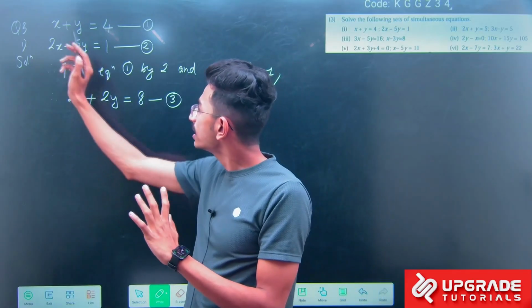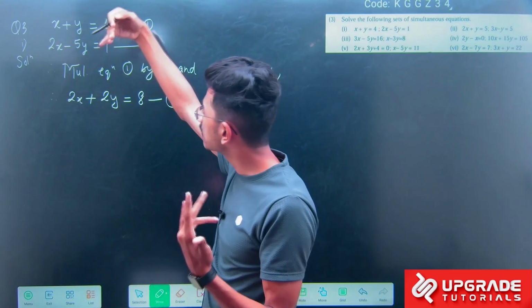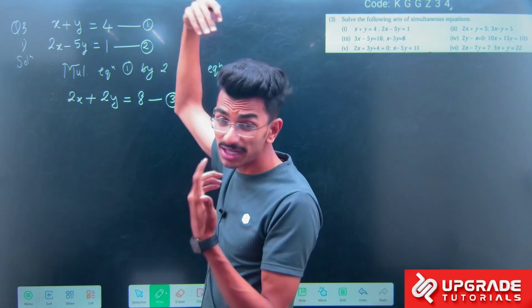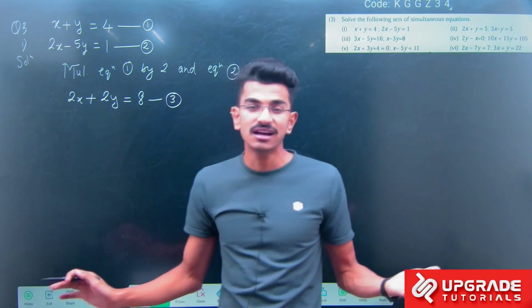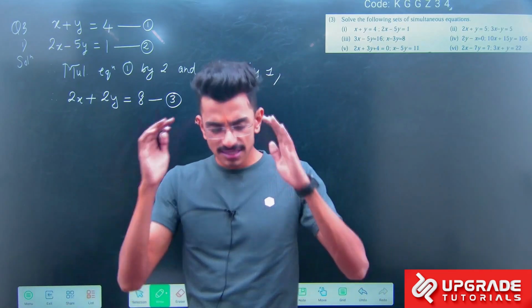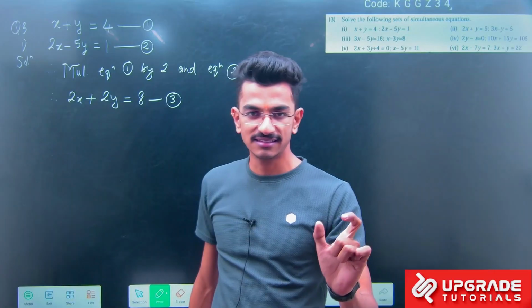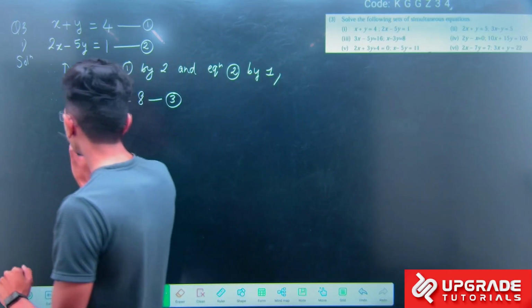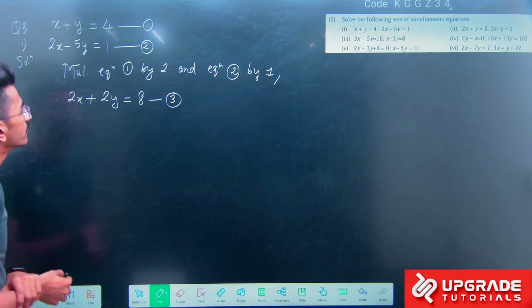Mostly people, what do they do? They multiply x, they don't multiply y, they don't multiply the constant term, or they multiply y, they multiply the constant term, or they multiply only the constant term. There are various mistakes. Just keep in mind, 2 को हर एक term से multiply करना है. Okay? So now check this new equation and this previous equation.